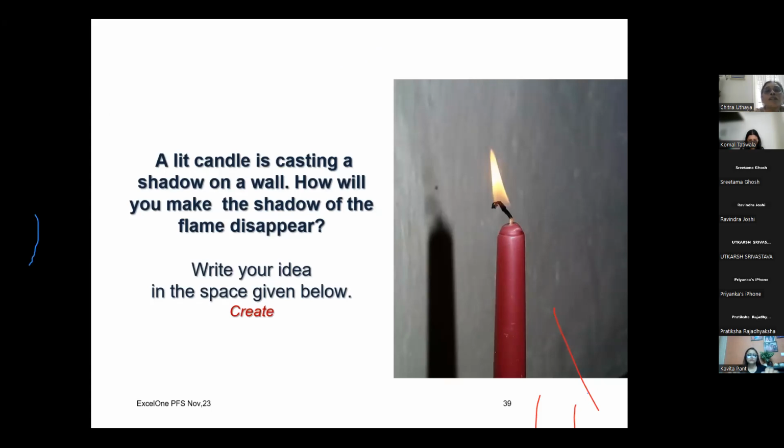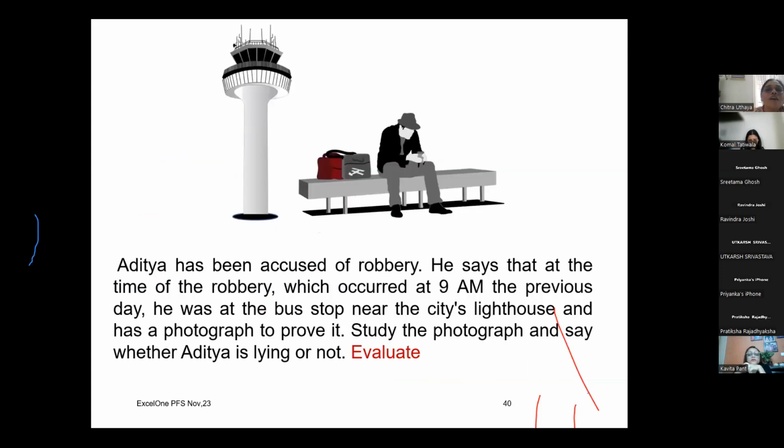So a lit candle is casting a shadow on the wall. How will you make the shadow disappear? Write your idea here. So that becomes a create question. Okay. Now here,